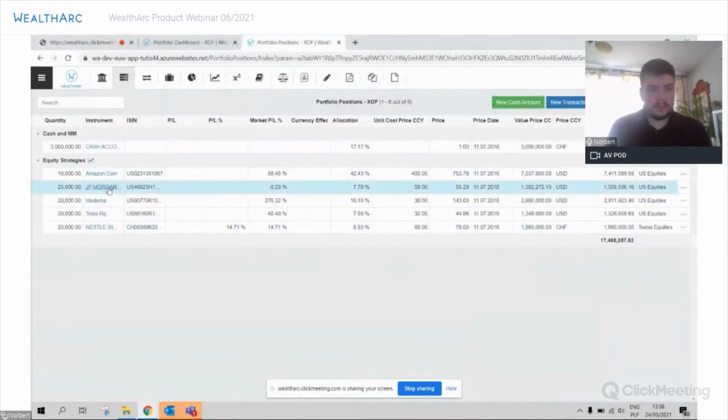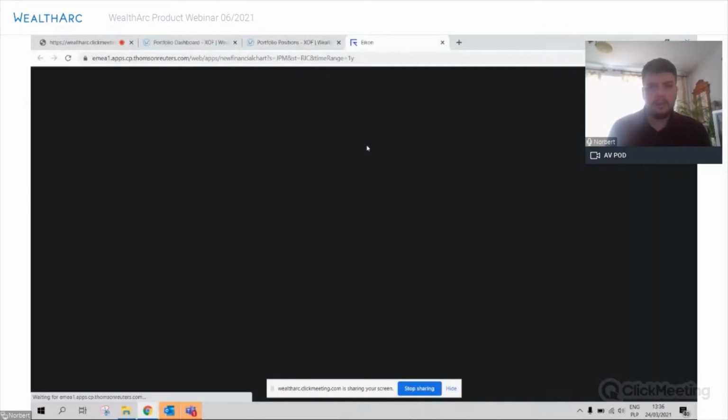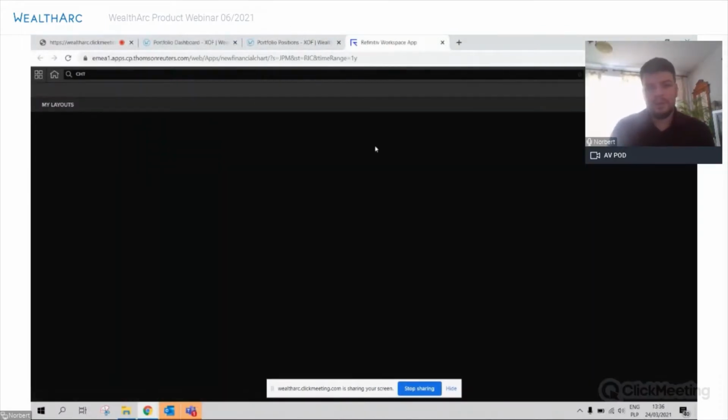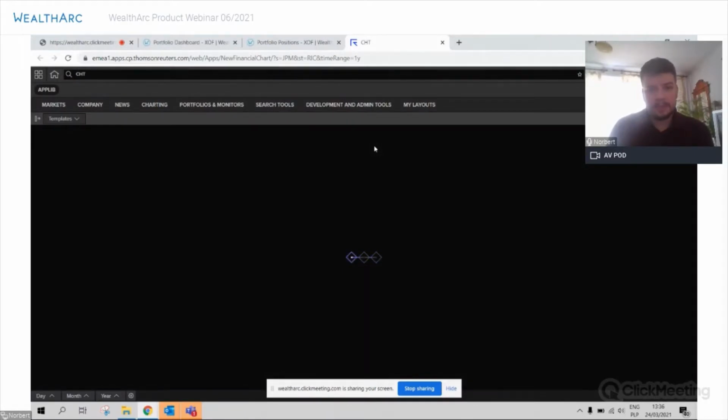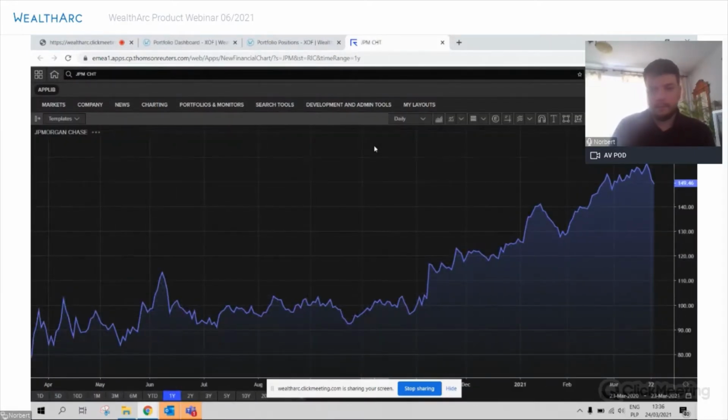Also, I can move to another instrument, and for example, this time I would be more interested in seeing some of the historical prices presented on a chart. So I click here again, and I press Price Chart. This will be displayed in a separate window because it's quite a large picture. I see that data are loading in. And here I can see again a full chart from Refinitiv Workspace.